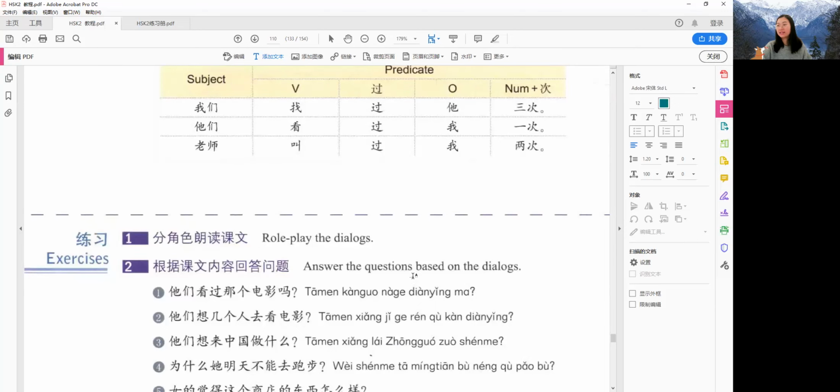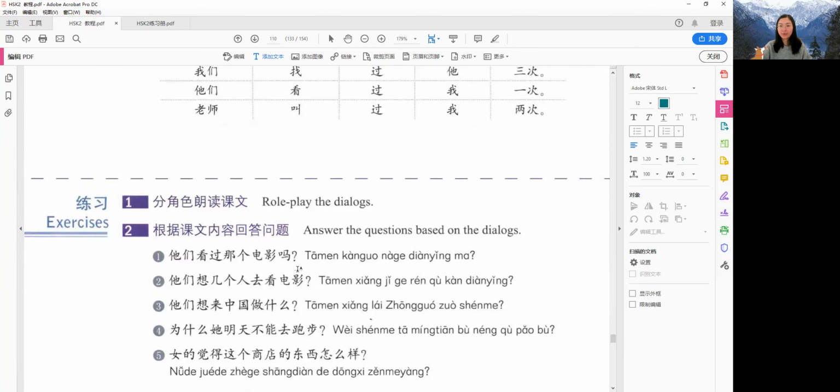All right, then exercise. First is the role play dialogue based on the text we have learned in our previous lesson. The first question is, 他们看过那个电影吗? This is a yes or no question, right? Either they have seen that movie or they haven't. So our answer will be yes, they have seen that movie. 是的。他们看过那部电影。